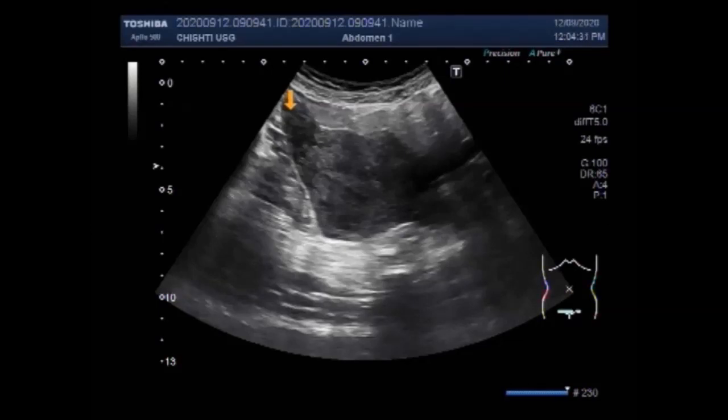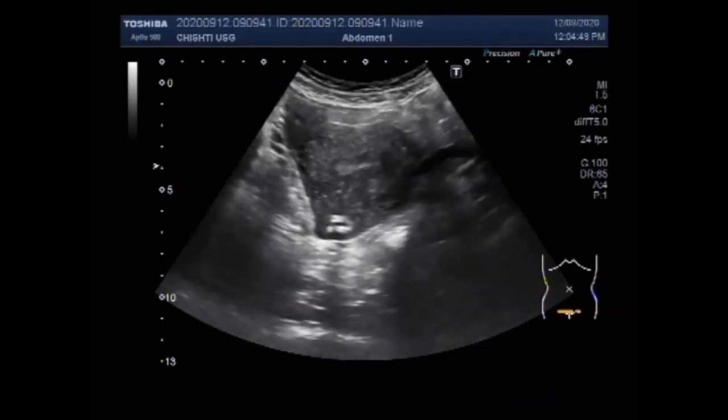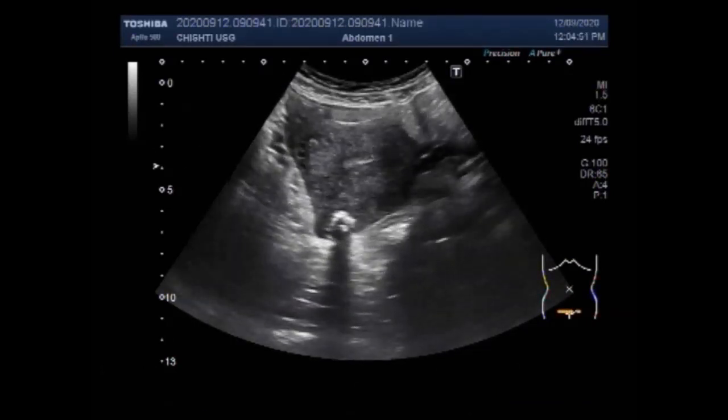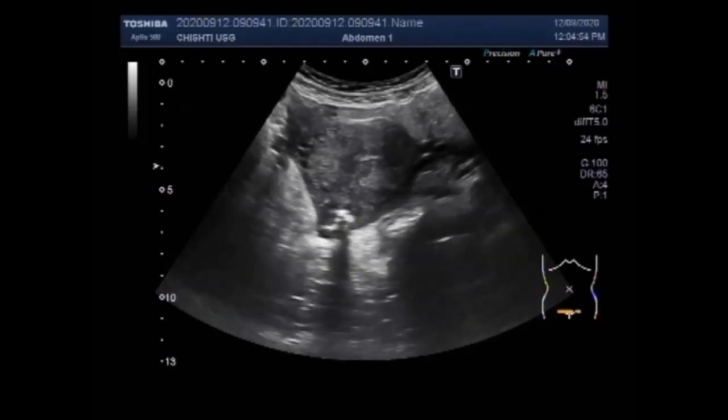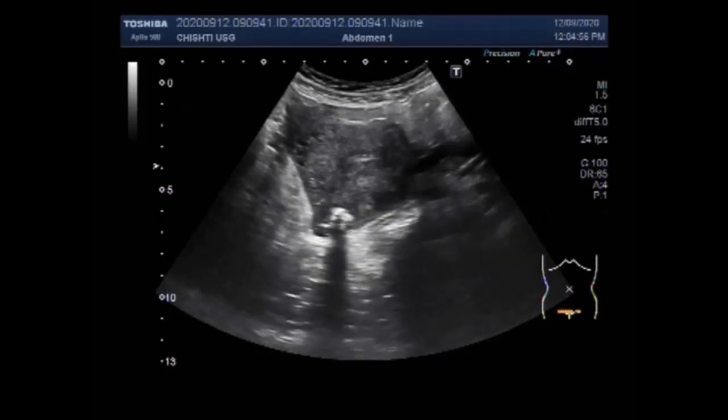Uterine fibroids are non-cancerous growths of the uterus that often appear during childbearing age. Fibroids range in size from seedlings undetectable by the human eye to bulky masses that can distort and enlarge the uterus. Now you can see a fibroid in the distal portion of the uterus near the fundus, and it is showing a stone-like shadowing due to the calcification developed in the fibroid.